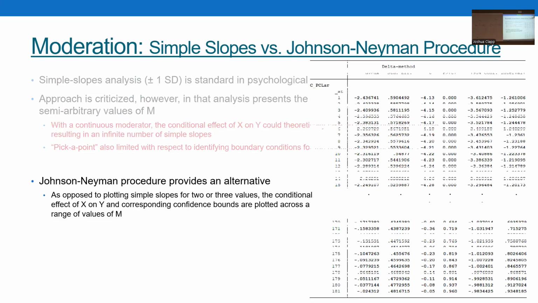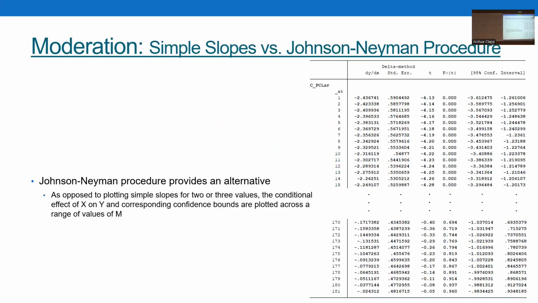So the plot here is going to look a little bit different. I'm sure SPSS will do this somehow, but Stata will do it quickly. What I'm going to do is tell Stata to go through and give me the simple slope of X on Y across levels of the moderator, starting at this value, increasing at levels of this, across this range. And so what I get here is a test of the simple slope